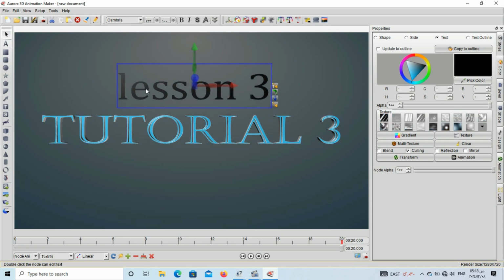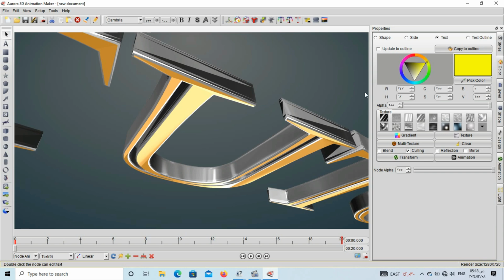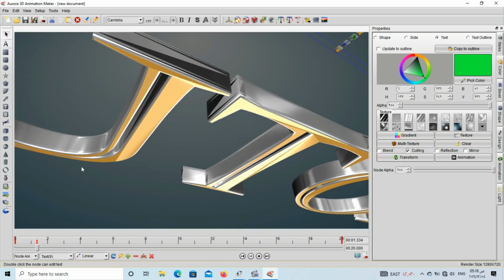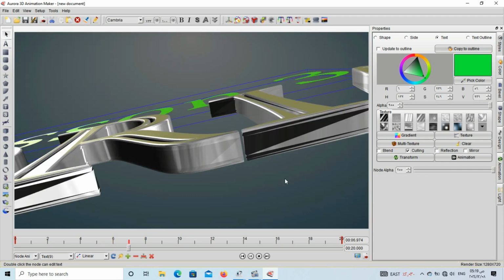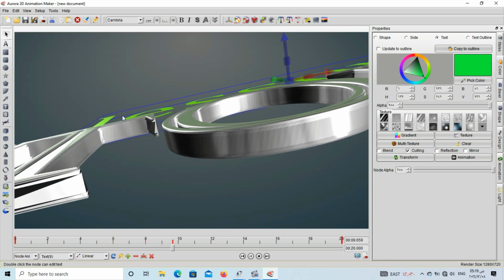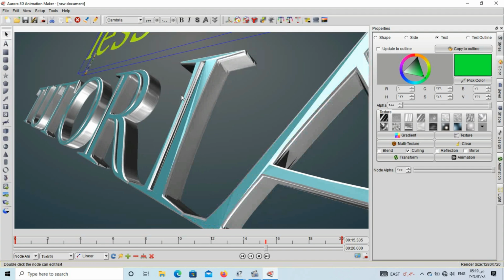You can see at the end, you choose it to this color. And I want to change at second 20 for this text also. Change it to yellow color, and heading to the first second, I change it to green, and add a keyframe by the plus button. If you didn't press add keyframe, it will not change the color. Then this color will change accordingly with the seconds, from this color at the start to that color at the end. It will change from that green to that yellow at the end,